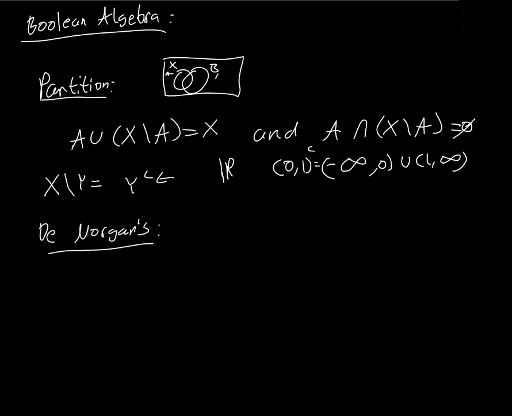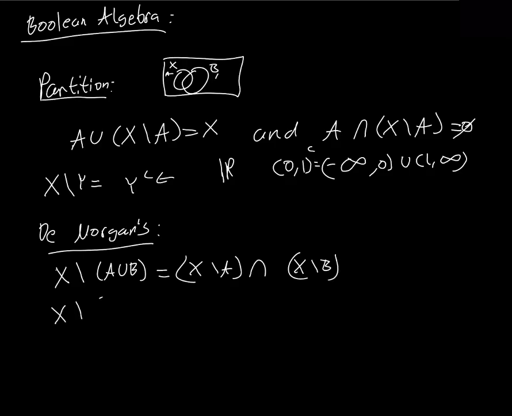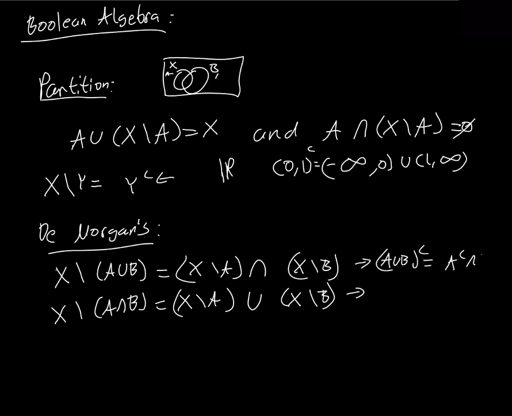De Morgan's is a mathematical logic statement, but it can be translated into the language of sets. De Morgan's states that if we have this, well, we can find this by doing the terms like this. What do we put here? It's not a union, it's an intersection. Likewise, for the other case, what do we put here? It's a union. And we can rewrite this in the language of complements, which tells us that (A union B) complement is equal to A complement intersect B complement, and (A intersect B) complement is equal to A complement union B complement.